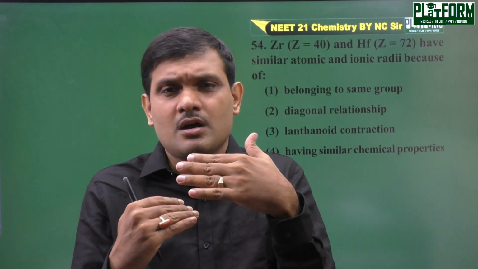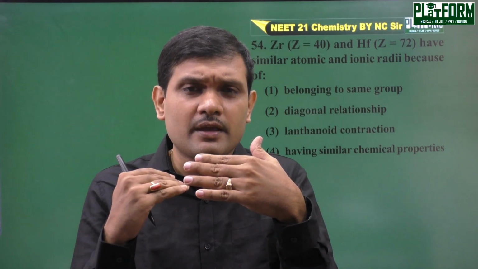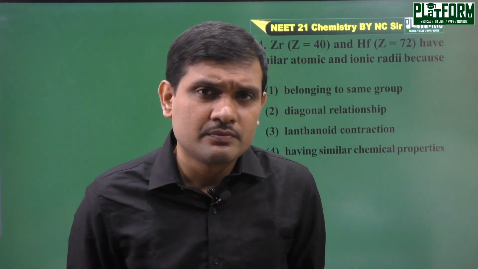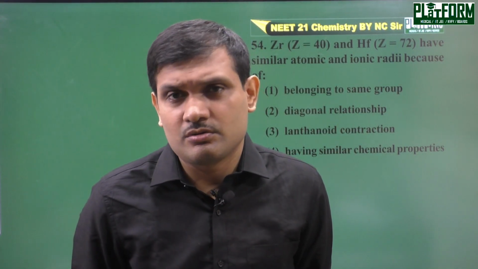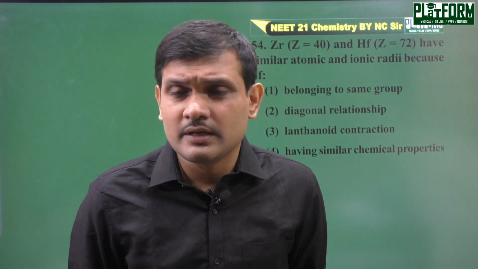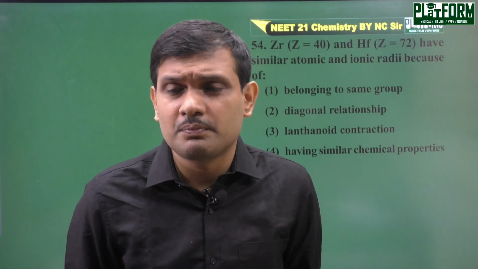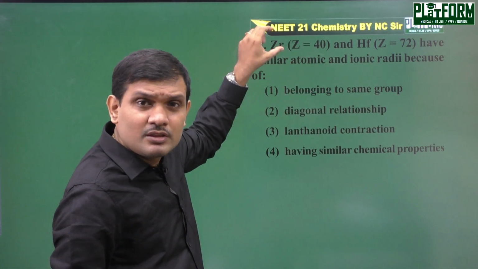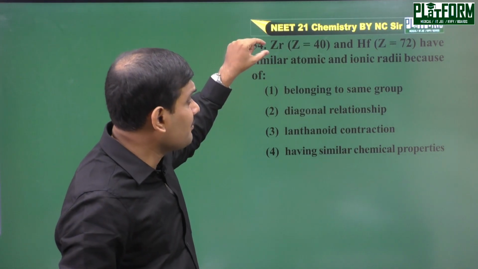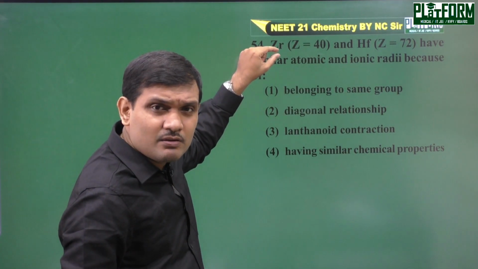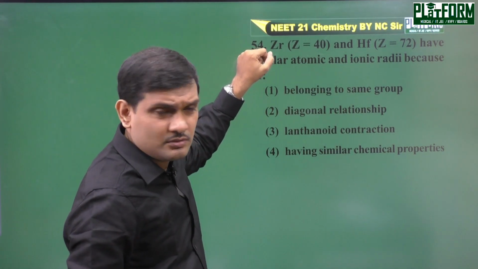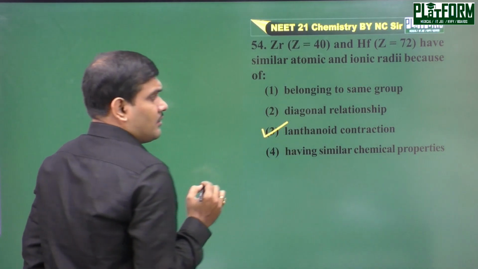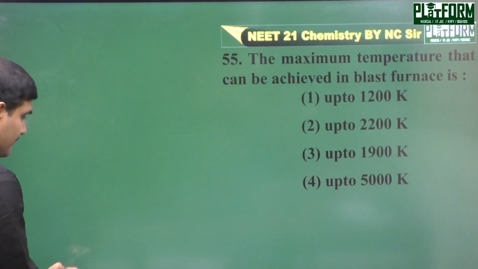contraction due to the fulfillment of F orbital, which leads to a large contraction in size, that is known as lanthanide contraction. And this lanthanide contraction, definitely it will bring the size of two elements in the same group, zirconium and hafnium, making a very close atomic or ionic radius. So it is definitely due to lanthanide contraction. Okay, next move to,